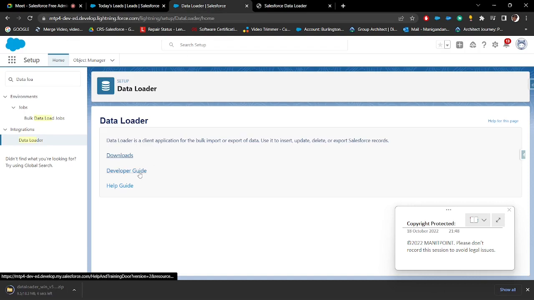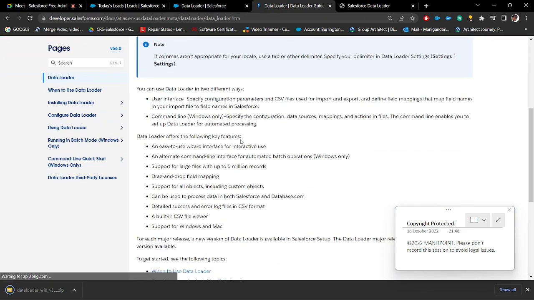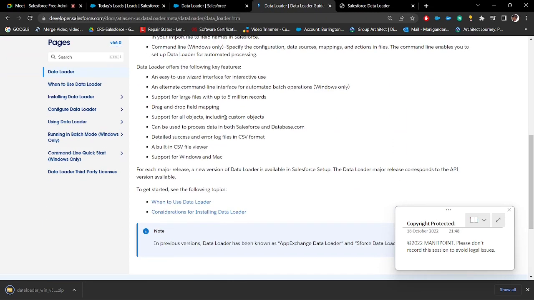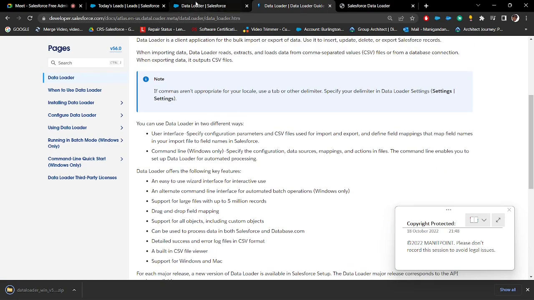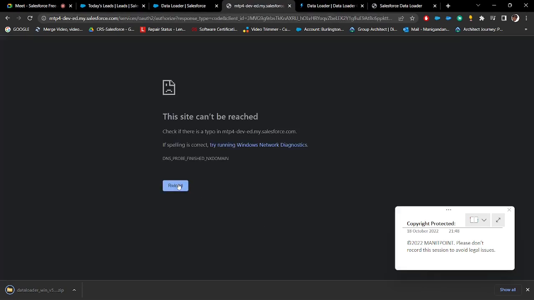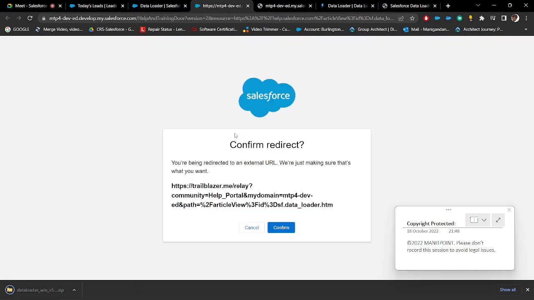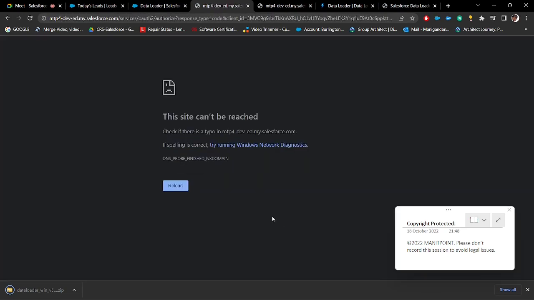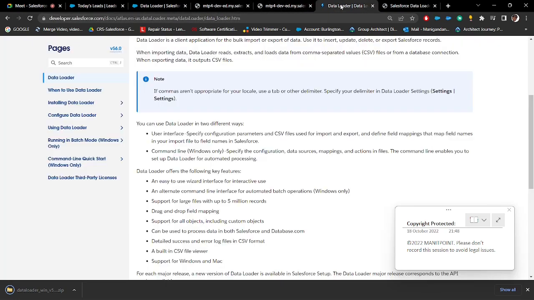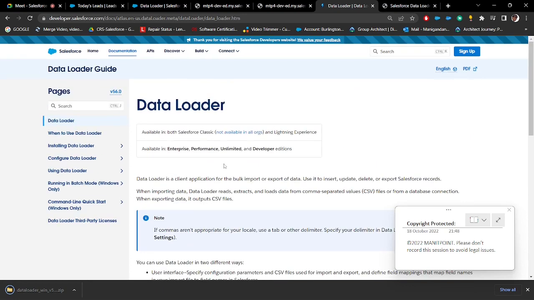And second one, the developer guide is there, which will help you understand the data loader. And third one is the help guide. Why is it not opening? Once you download this,